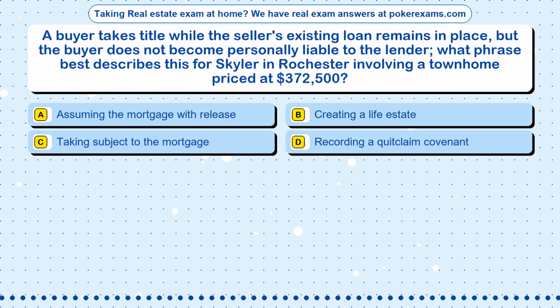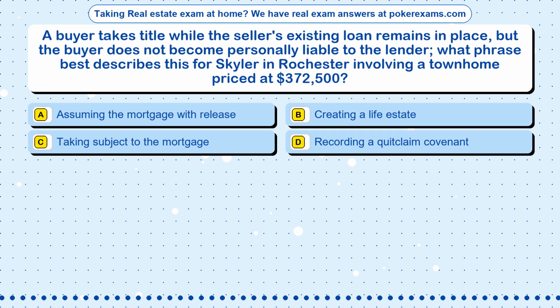Question 83. A buyer takes title while the seller's existing loan remains in place, but the buyer does not become personally liable to the lender. What phrase best describes this for Schuyler in Rochester involving a townhome priced at $372,500? Option A, assuming the mortgage with release. Option B, creating a life estate. Option C, taking subject to the mortgage. Option D,